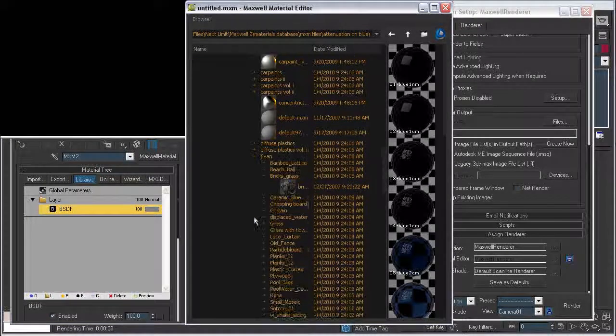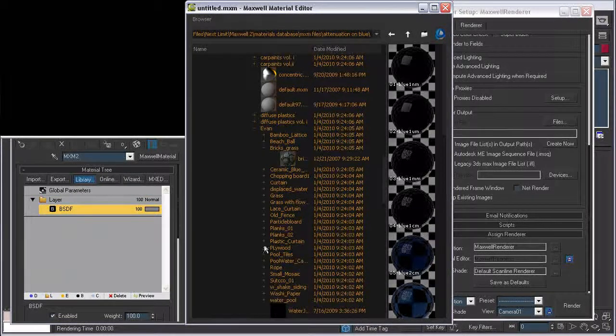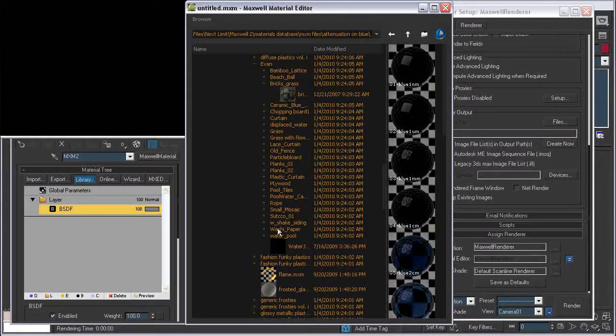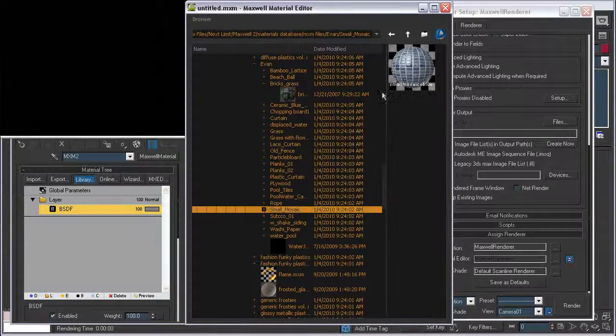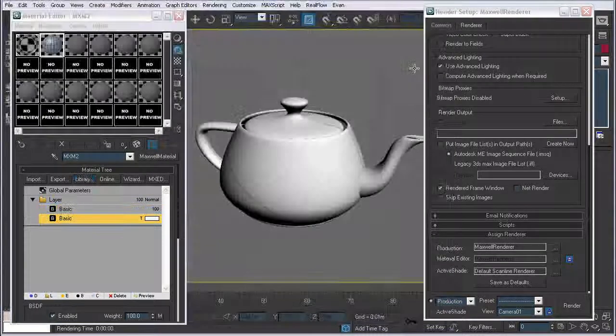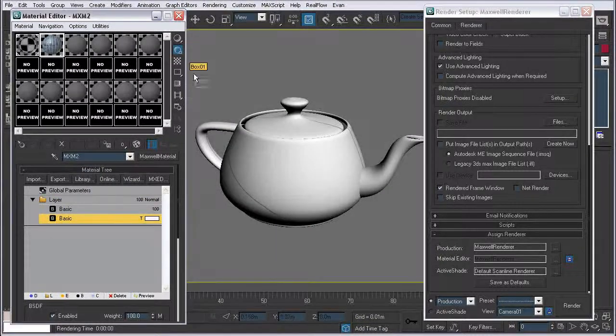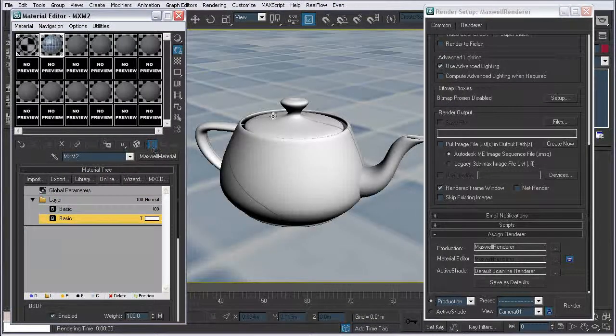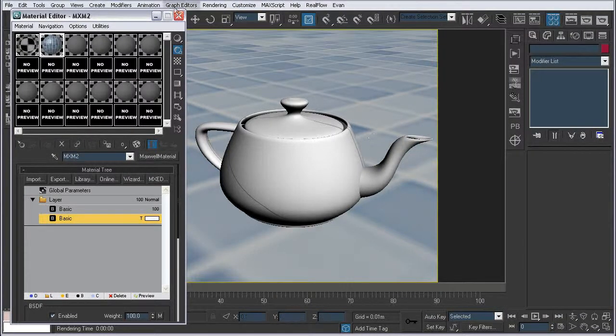So I'll come into mine, and I will grab, let's see here, which one should we do? We'll grab this one here, this small mosaic blue. We'll throw this on our ground plane. Okay, and you can see we have a decent representation of our